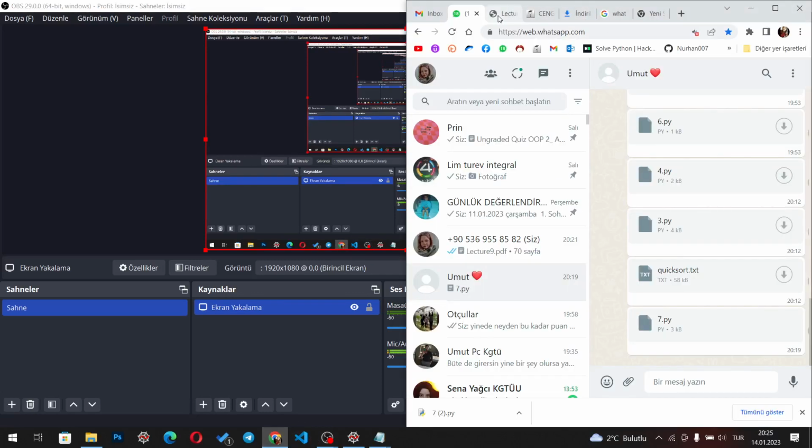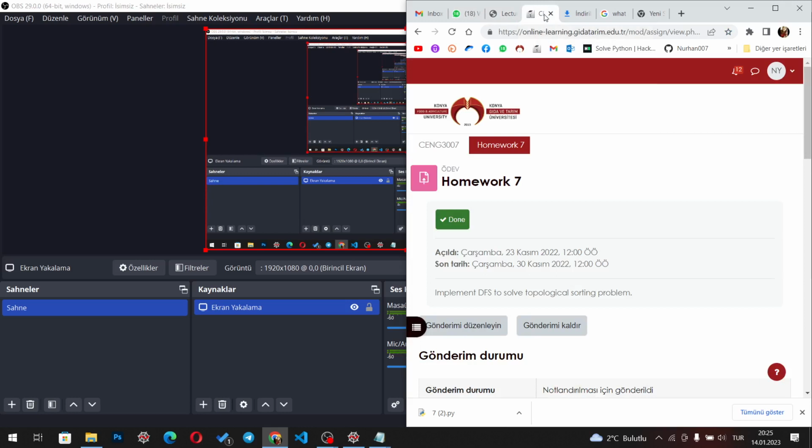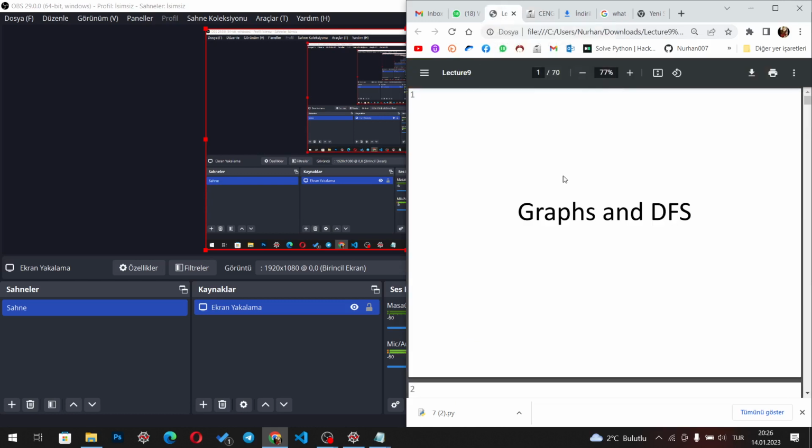I want to show the homework. The homework is to implement the depth first search algorithm to solve the topological sorting problem. Depth first search algorithm can help to solve topological sorting problems. First of all, I want to show the